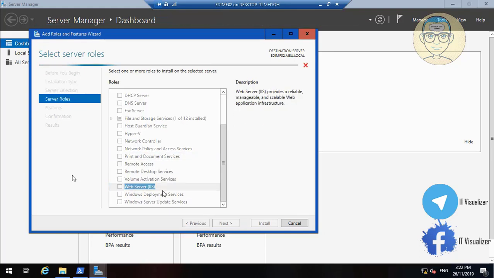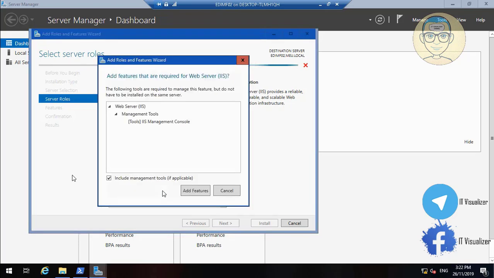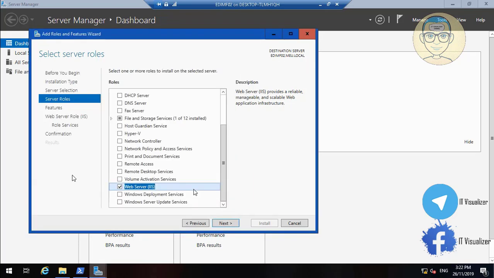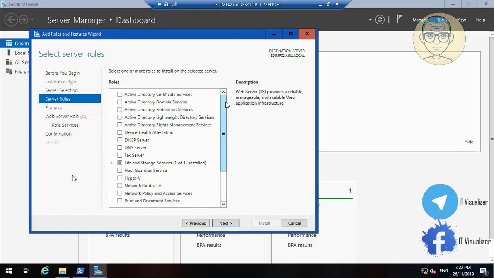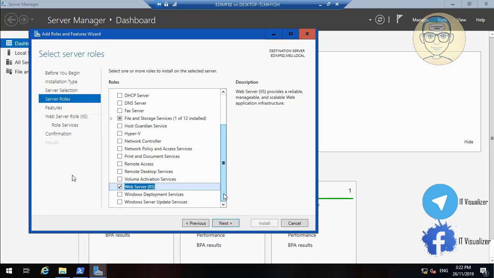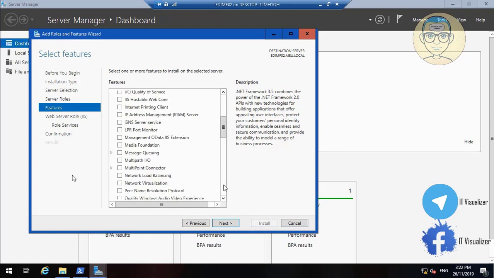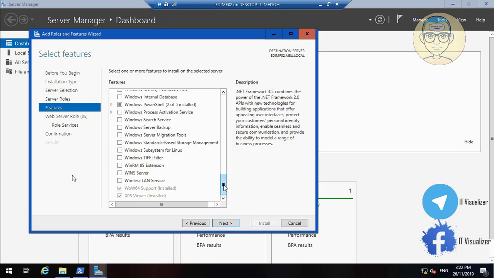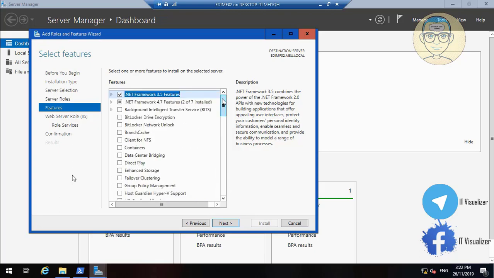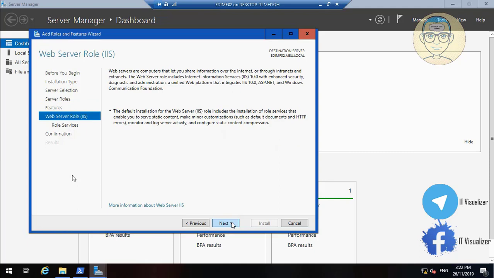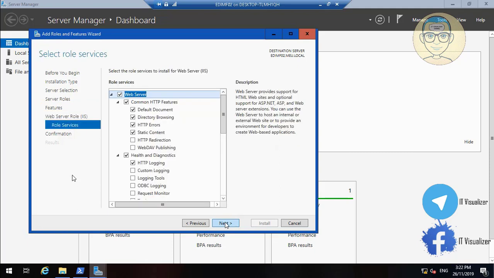Okay, and then add features. Next. And then we will have the net frame installed. Okay, next, next, next,